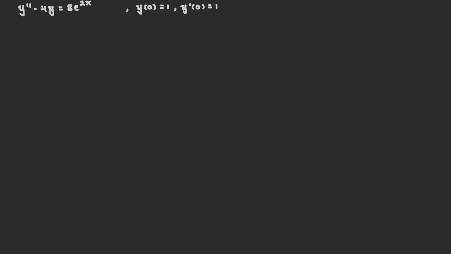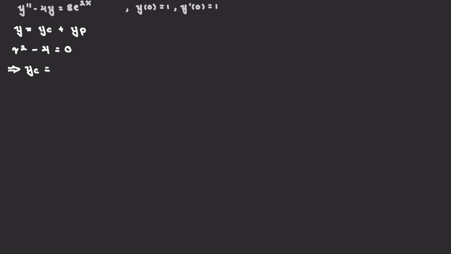Hey everyone, so we're on our second example for today's solving ODEs with the undetermined coefficients method, and we're gonna start by writing down our superposition principle, which we're gonna apply later, which is yc plus yp. Solving for the homogeneous part is pretty straightforward again. r squared minus 4 equals 0. We can see here r equals plus or minus 2, so we can directly write down our